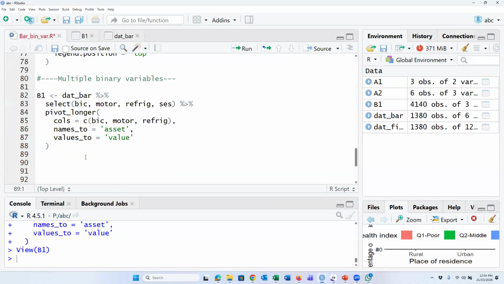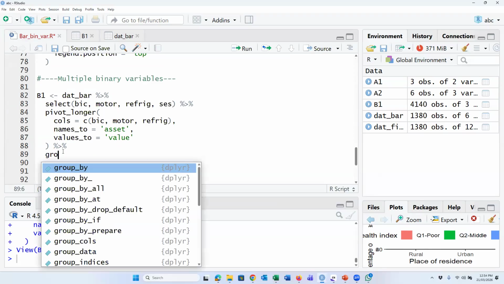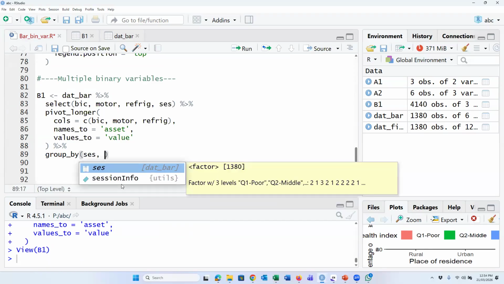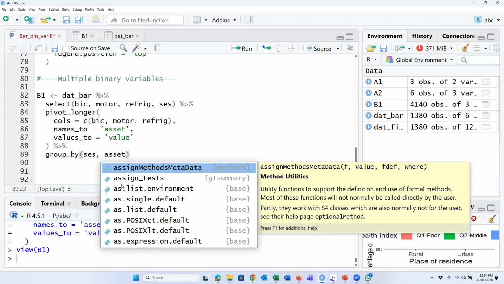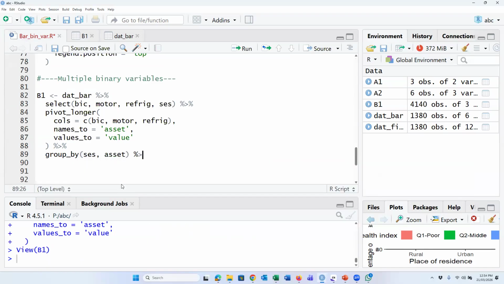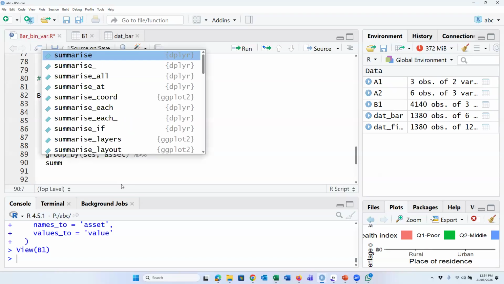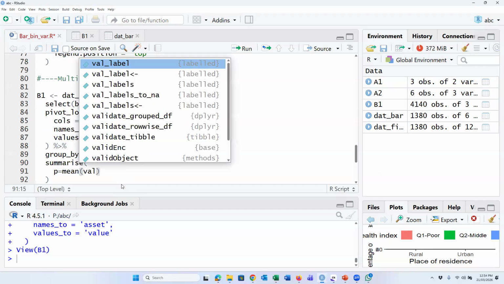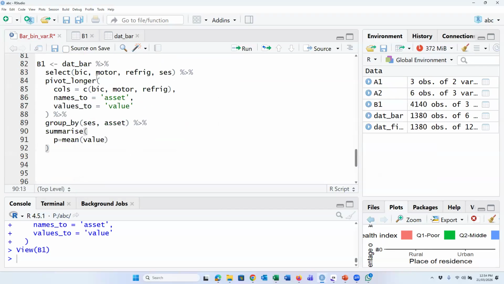Now it's very easy to calculate percentage or plot, etc. Group by ACS, comma, asset. Then summarize P is equal to mean of value. Just we calculate the common value.